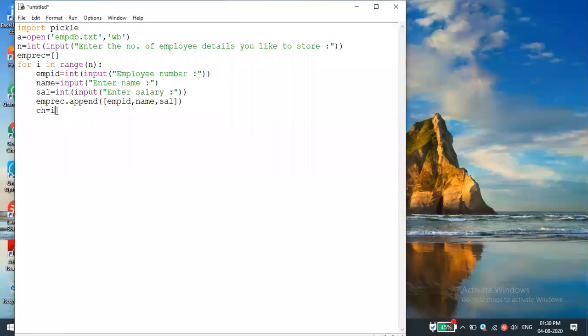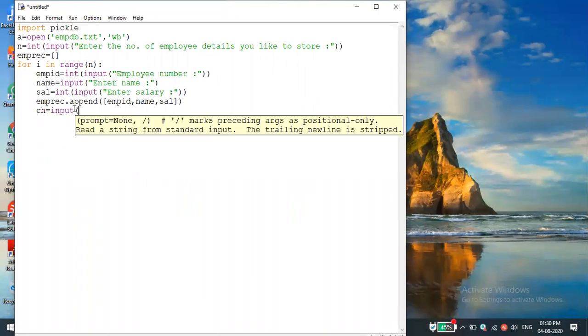Input of. Sir, otherwise we finish the loop with the given n number only, sir. After that, we use the append statement separately to join the two members, no, sir.